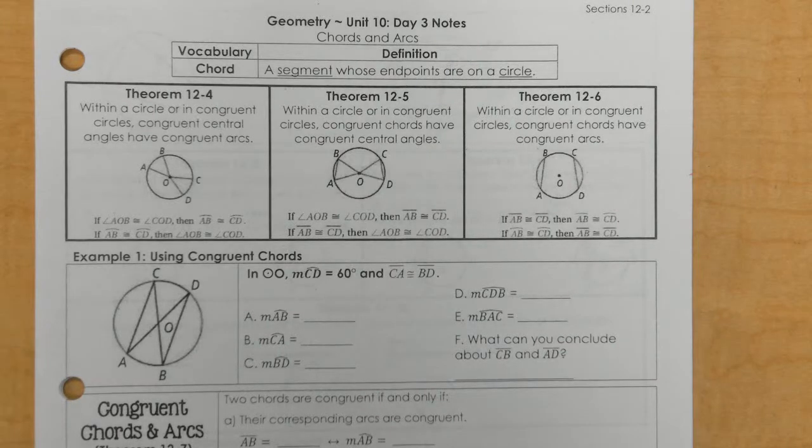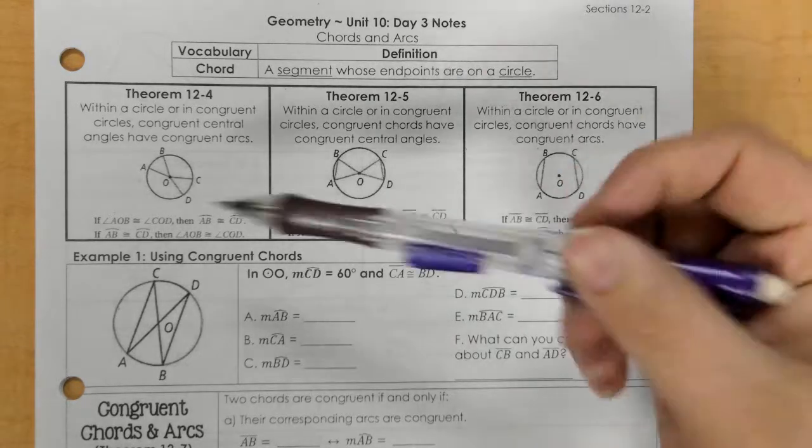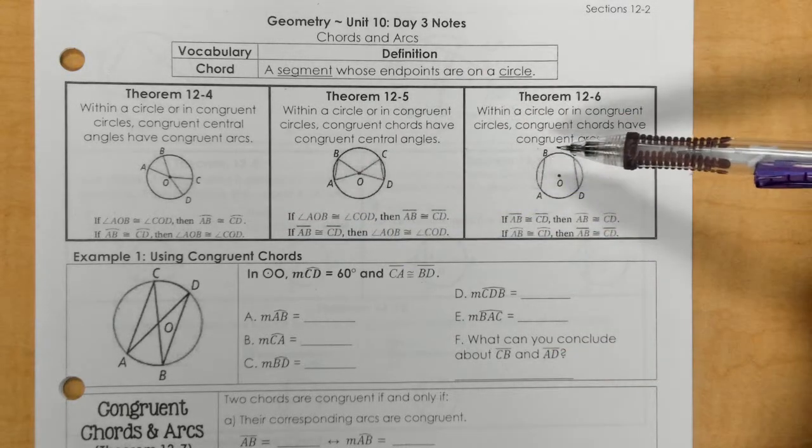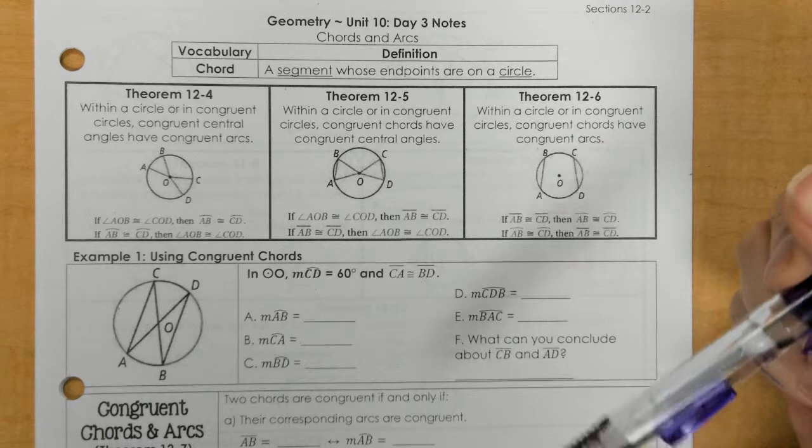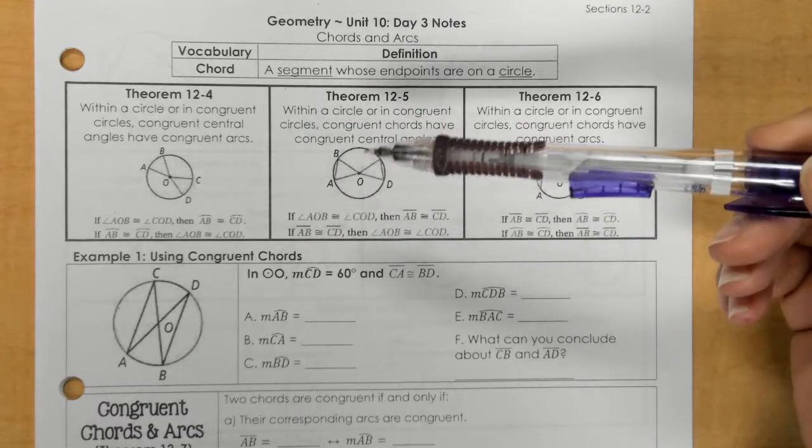For day 3 notes, the concentration is chords and arcs in circles. So first of all, what is a chord? A chord is a segment whose endpoints are on a circle. And these are the different theorems that talk about those types of chords and what they mean for creating different